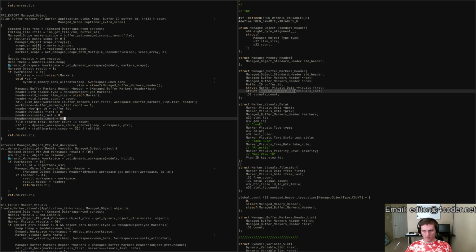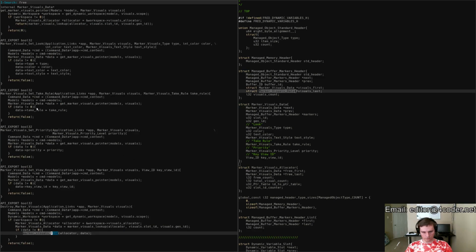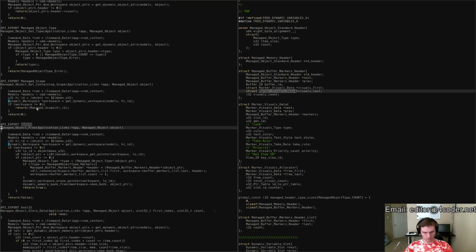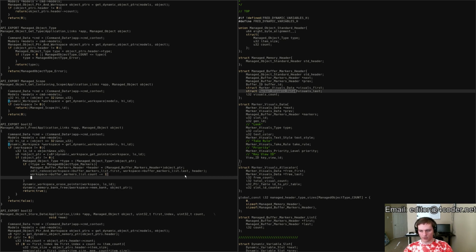So we need to clear that part out to 0, and then we need to also make sure if it's a markers type, we already are doing special stuff to remove the markers type out of the markers list. We're also going to now do special work to bulk free the markers list. So